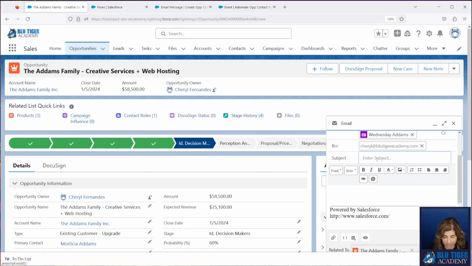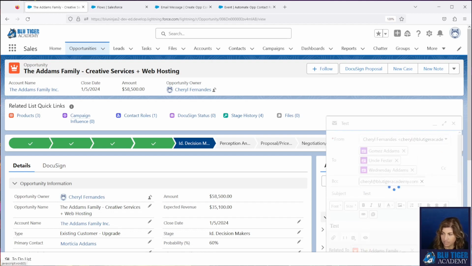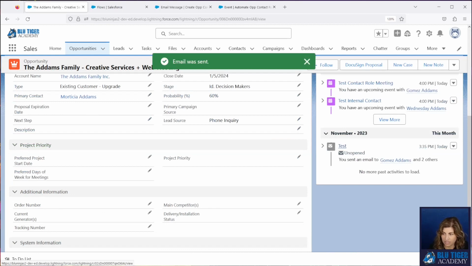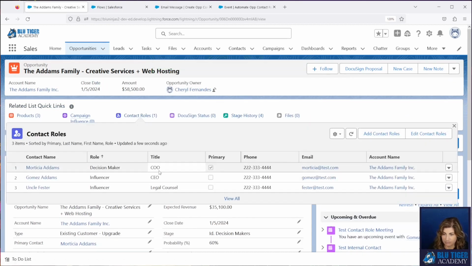So we'll send test email. All right, so what we should see happen is that Gomez and Uncle Fester get added as a contact role and Wednesday does not. And we do. All right, that's all working.